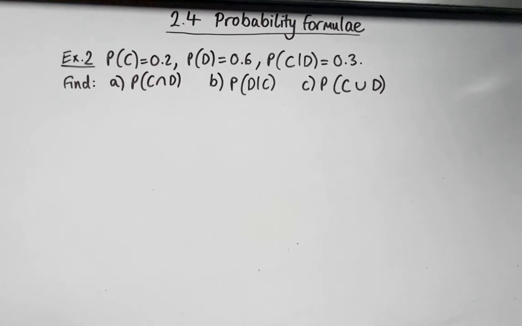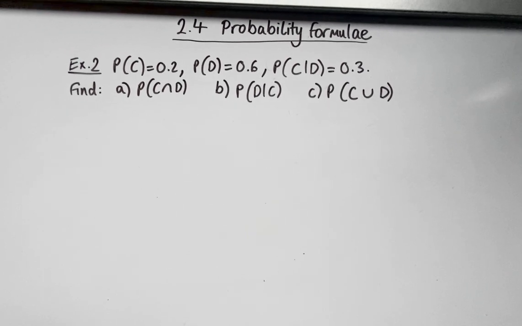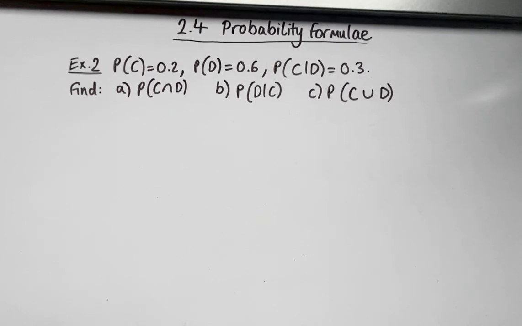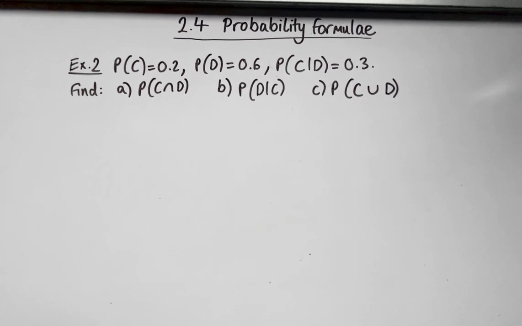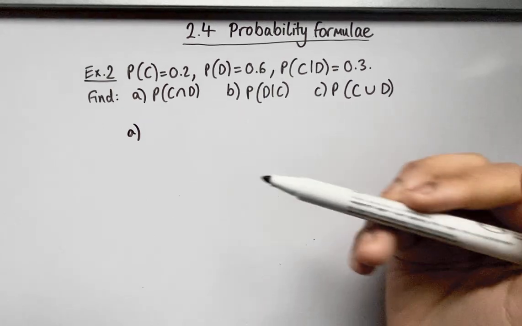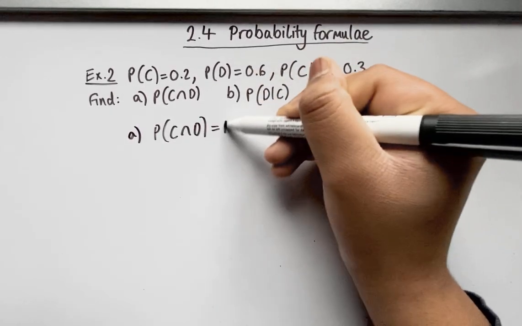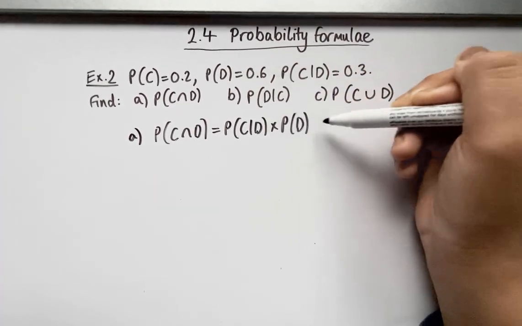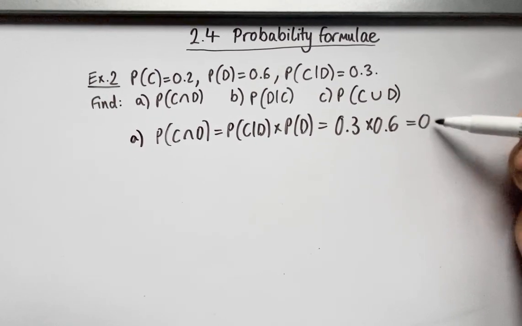Let's do one more example. For two events C and D, the probability of C is equal to 0.2, the probability of D is equal to 0.6, and the probability of C given D is equal to 0.3. Find the probability of C and D, the probability of D given C, and the probability of C or D. Part A, using the multiplication formula we just learnt, the probability of C and D is equal to the probability of C given D multiplied by the probability of D, which is equal to 0.3 multiplied by 0.6, which is